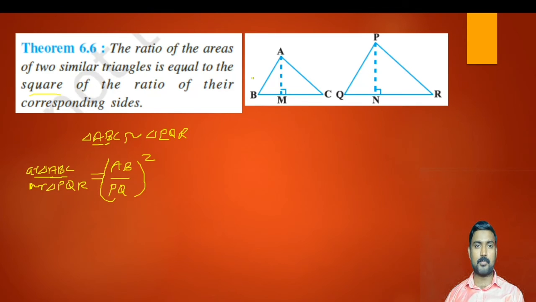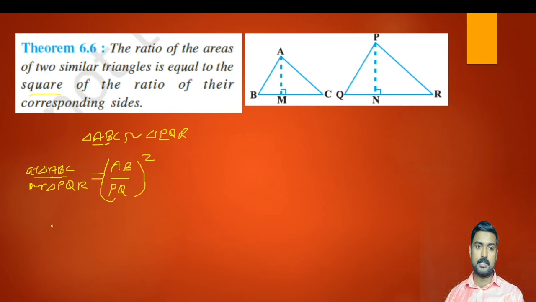Whenever we read a problem, we have to understand the mathematical formation of the given question. So this question tells that the ratio of the areas, so we divide the areas, and it is equal to the square of something. So we are going to find the square of something. What is that something? The ratio of their corresponding sides. Here AB and PQ are corresponding sides. BC and QR are also possible, or AC by PR. Any one can be used.